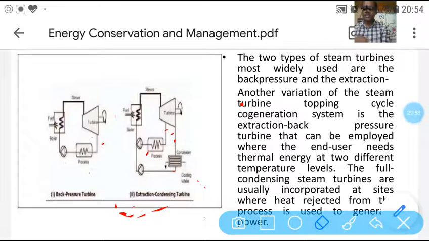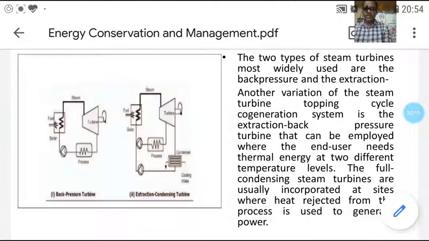As per requirement they can adjust it with this type of extraction condensing turbine. So they may utilize this type of system. In this case also, bulk amounts of energy are not produced, which are commercially needed to run various other industries where heat is not